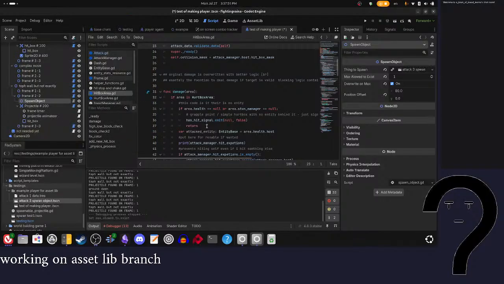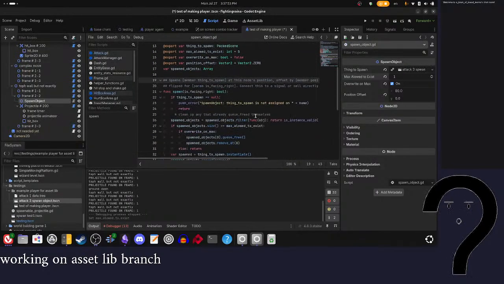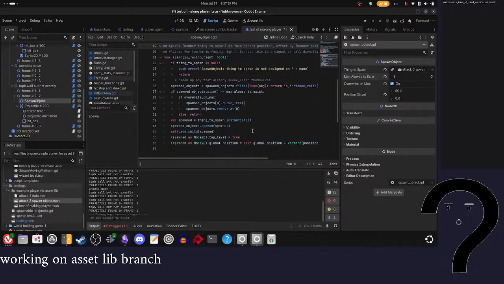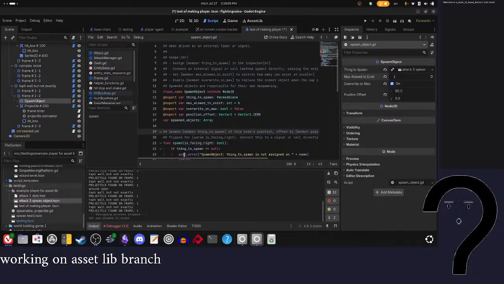Okay. Why is that? There's no loop here, so it's looping somewhere else where spawn is called,